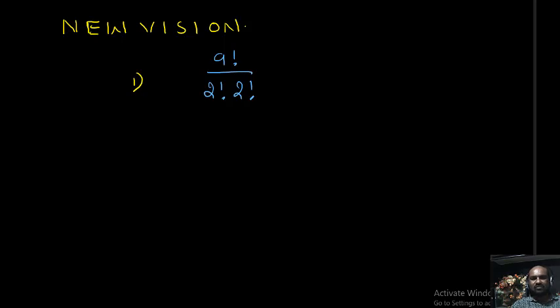So in the examination we need to write N equal to 2, E equal to 1, W equal to 1, V equal to 1, I equal to 2, S equal to 1, O equal to 1. Now after that we need to add all, 2 to 4 5 6 7 8 9.